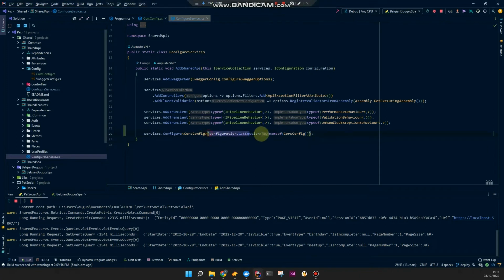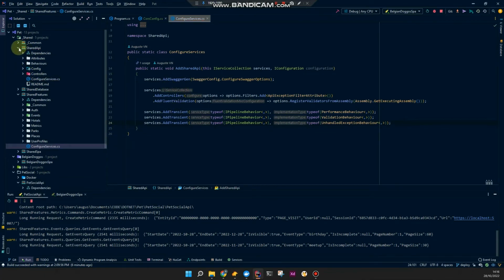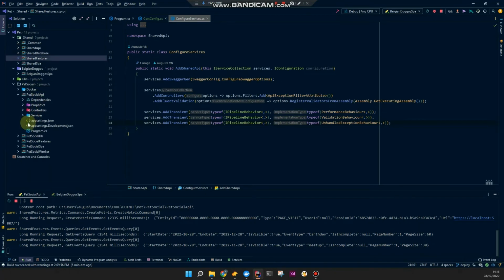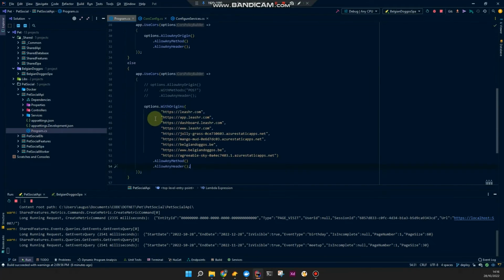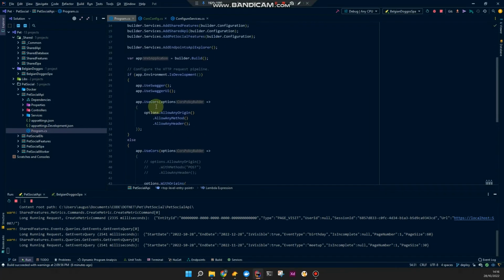Sorry, we don't have to actually configure this. We're not really going to use it outside of the API itself. So what I'd rather do maybe is